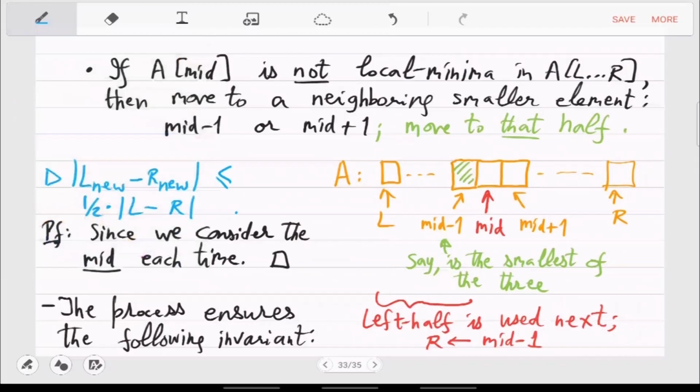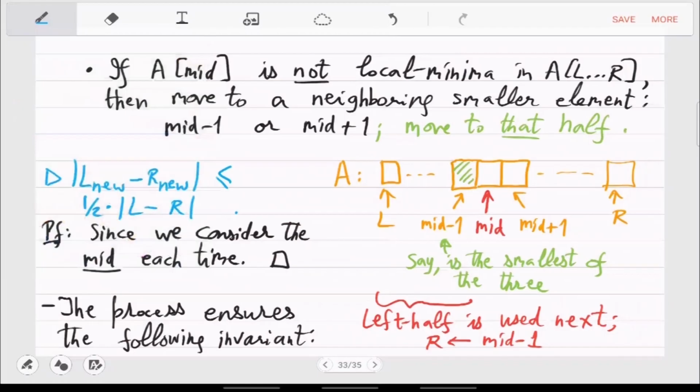So we started with this solution for one-dimensional array. And so we proved this theorem in blue, that we give this binary search based algorithm which finds local minima in an array of size n in log n steps. Okay, so this is the brilliant thing here, that it doesn't depend on sorting.